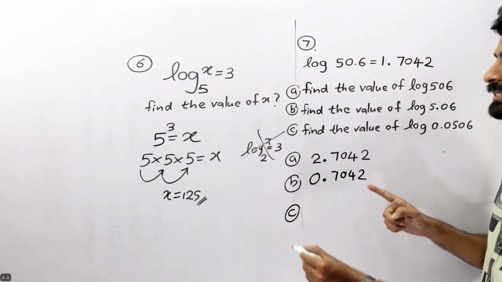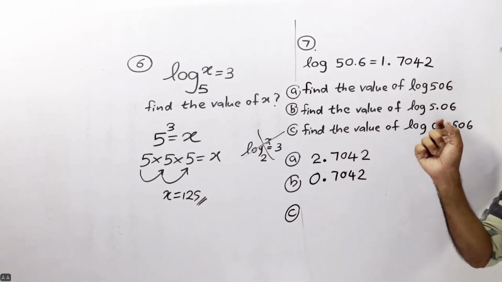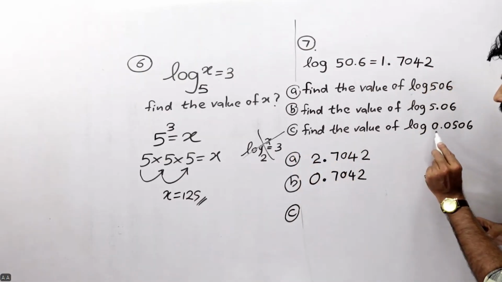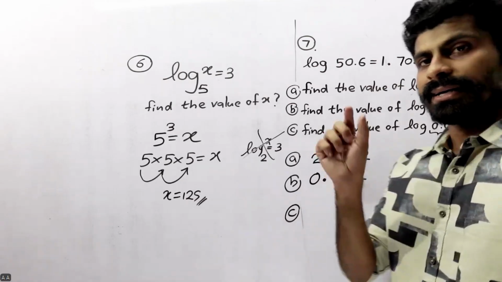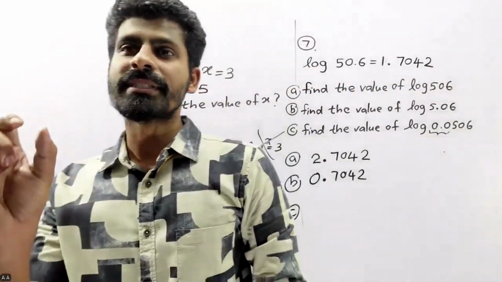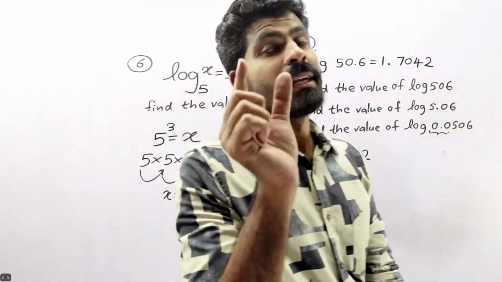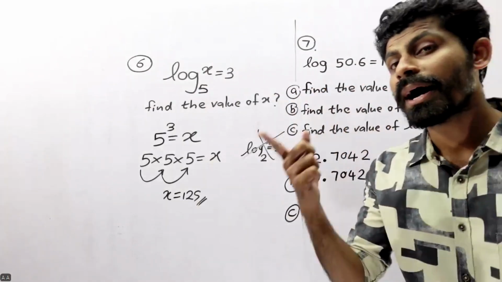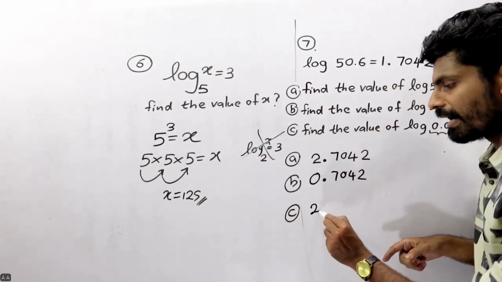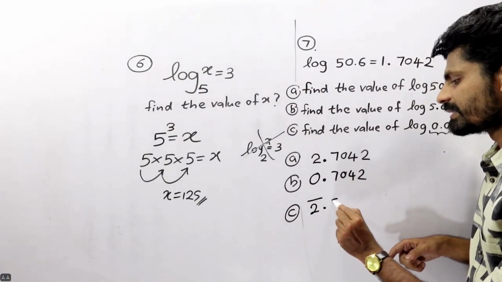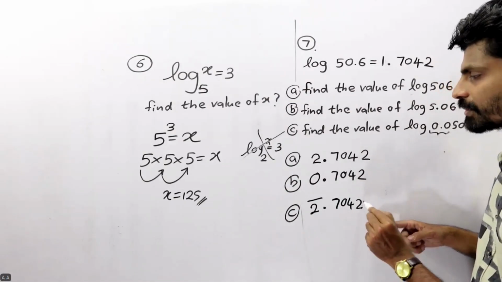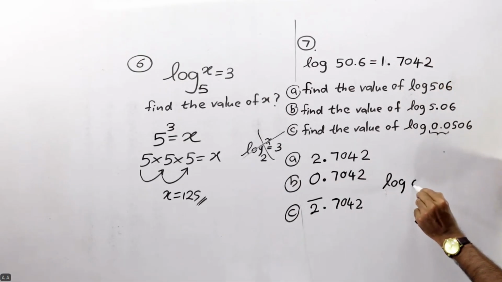0.7042. Question C, find the value of 0.0. Two numbers are there. 0.0 means two numbers are there. Two numbers means bar 2. Bar 2, 7042. So as an example, log